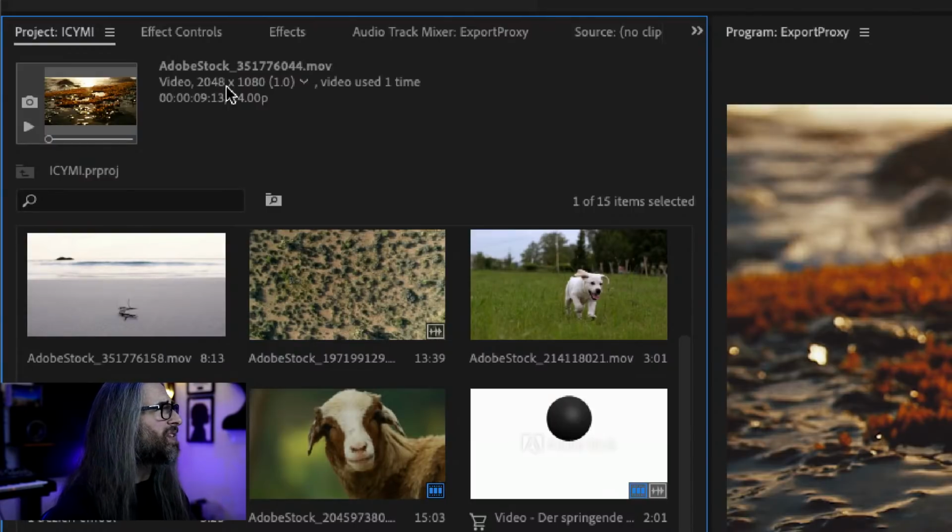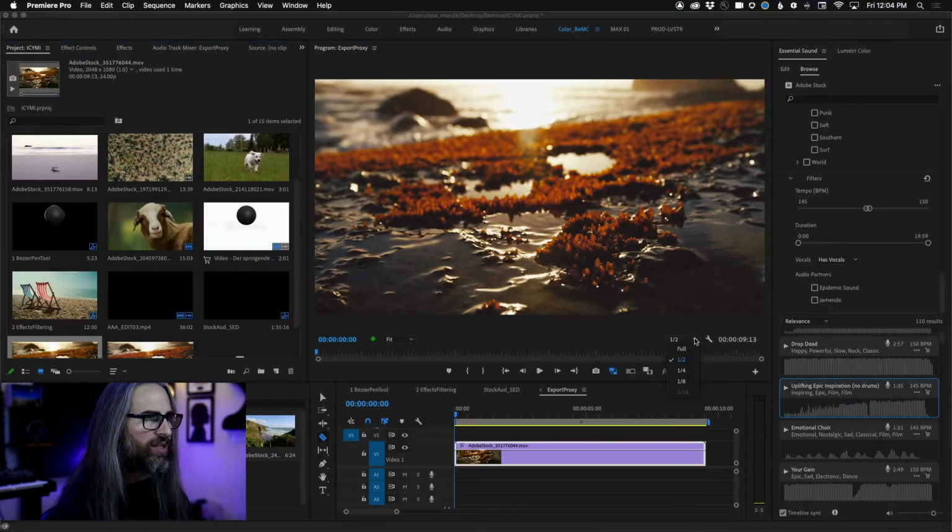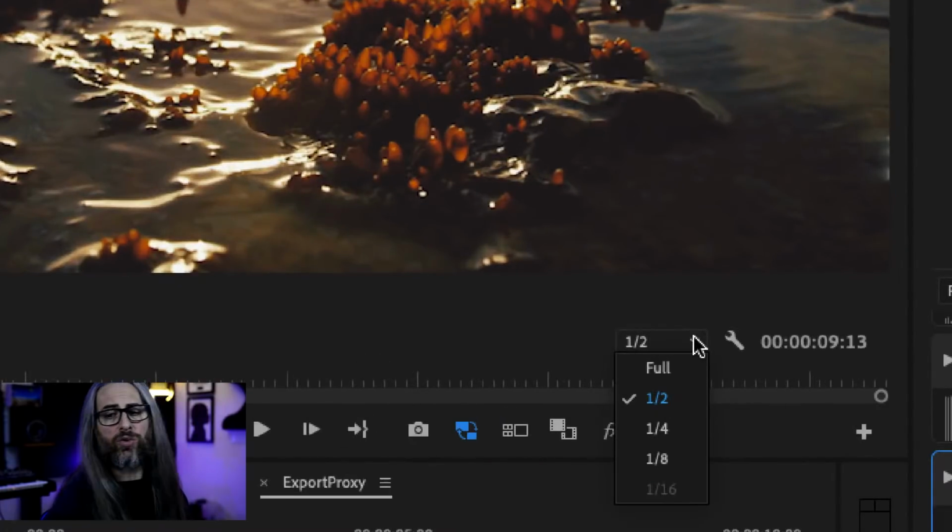Maybe this was a GoPro or something, or it could be a Red shooting at 2K. I'm not exactly sure. I don't know the source of this. It's Adobe Stock footage. But if your machine is having trouble playing back resolutions, you do, of course, have the ability to work in the timeline without creating additional files at all. You can use these fractional playback resolutions.